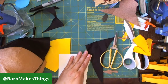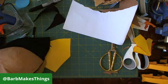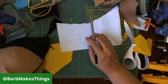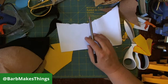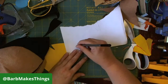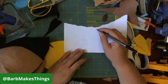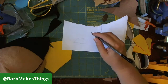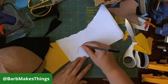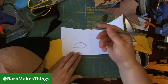What is that? Boom. Scrap of paper. Good. Okay. So I'm thinking, let's see. I should look. All right. Her eye is kind of here if she's smiling. And then I'm trying to move things around so I can see and you can see what you can see. All right. That's her eye. Her eye might actually just be like a round googly eye thing. We'll see. But eyebrow